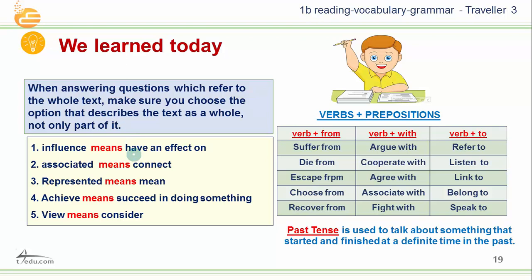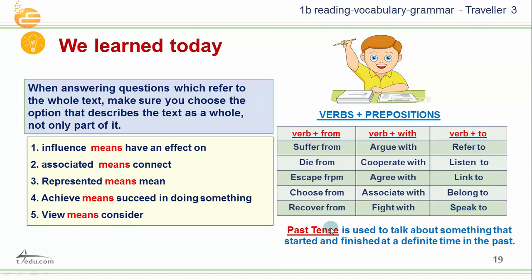And we had some good vocabulary: influence, have an effect on. Associate means connect, succeed means achieve, and view, consider. Also, we had a list of verbs that go with the preposition from, a list of verbs that go with the preposition with, and a list of verbs that go with the preposition to. So we say suffer from, die from, escape from, choose from, recover from, argue with, cooperate with, agree with, associate with, fight with. And for the to column, we say refer to, listen to, link to, belong to,